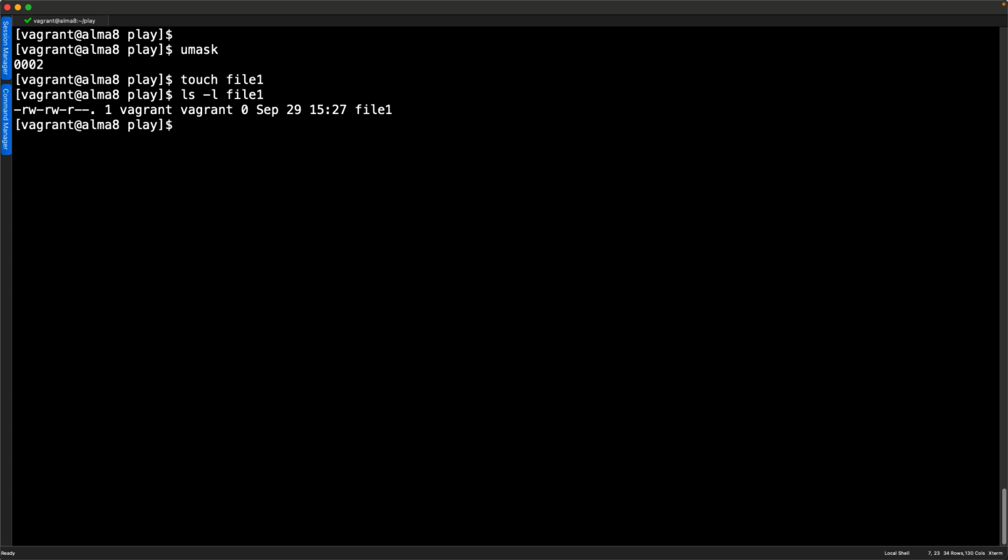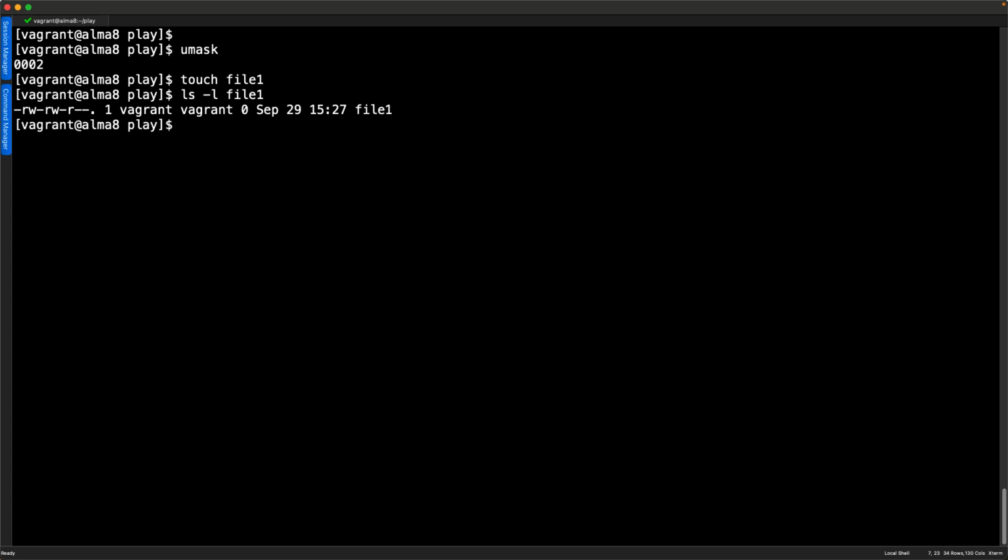The middle 3 bits of our permission or mode are the permissions that are granted to the group. Here, again, we've got read and write being granted to the group vagrant. Many Linux systems implement a private group scheme, so to avoid assigning too many permissions to a shared group, vagrant is a private group just for our user.